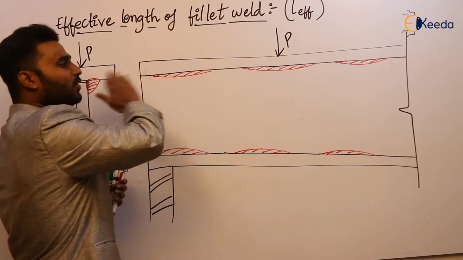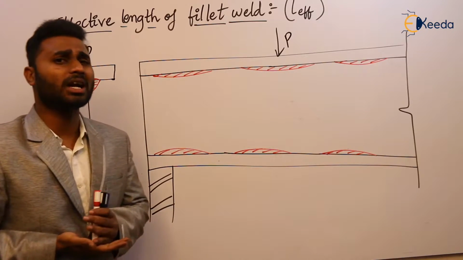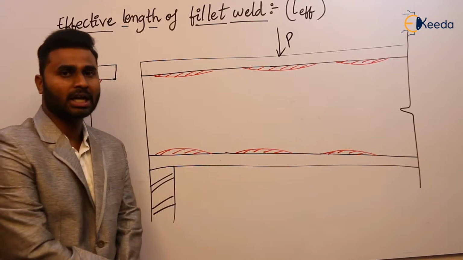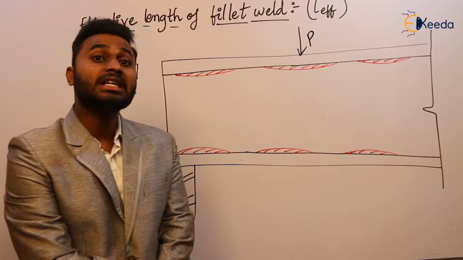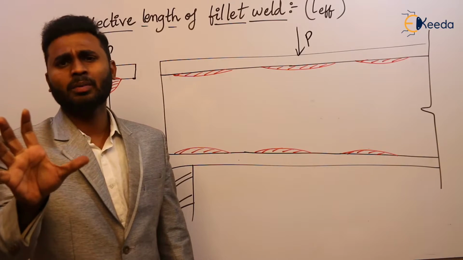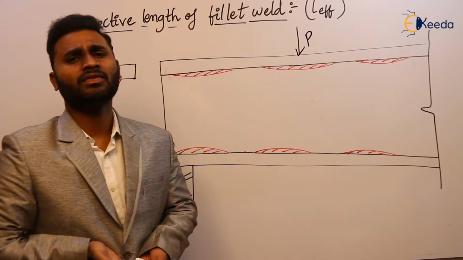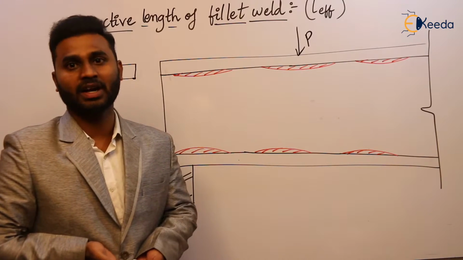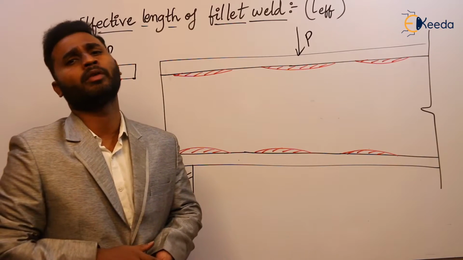This length we can provide as continuous weld or intermittent weld. But if we provide continuous weld, it is uneconomical; in design you will understand the reason more clearly. The length of the fillet weld decides the strength of the fillet weld. If the strength of the fillet weld is greater than or equal to the external applied load, that is enough, and that is a safe design. So for that strength, length is the deciding factor. How much length is required, that much length only we are going to provide.